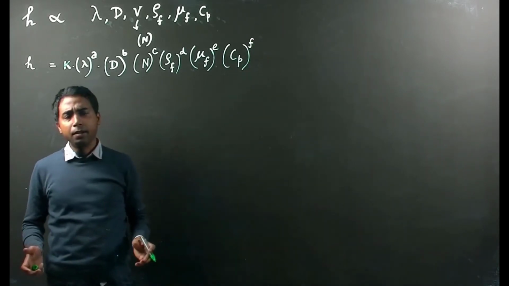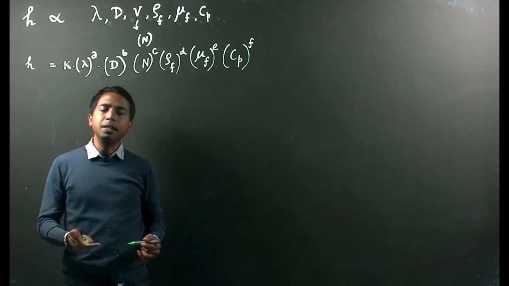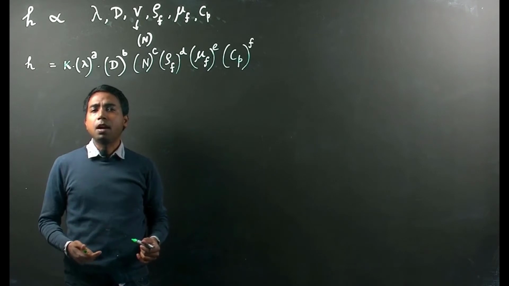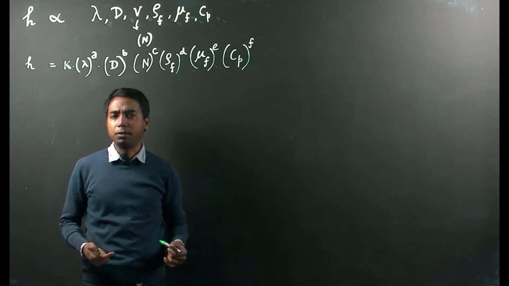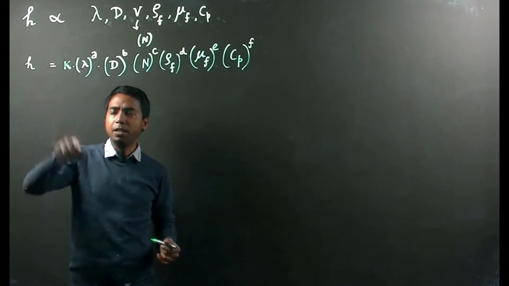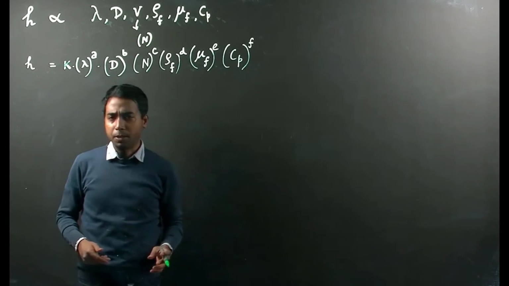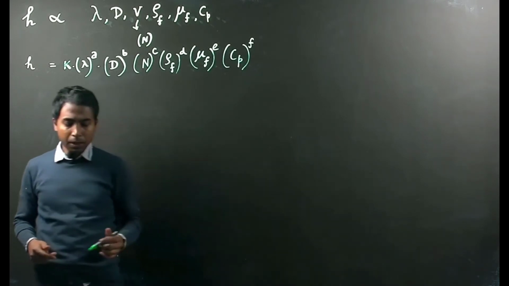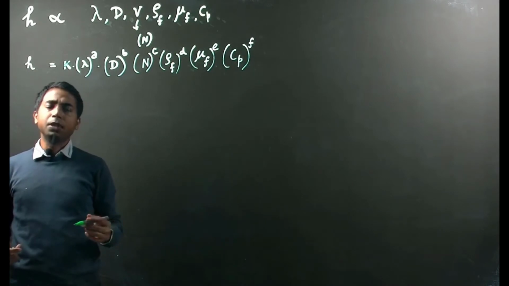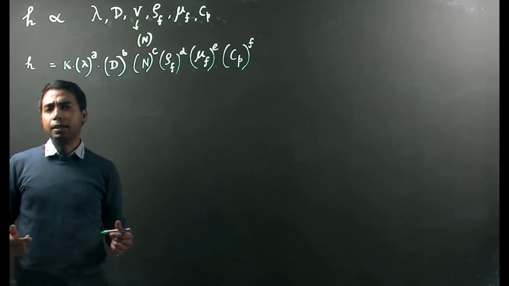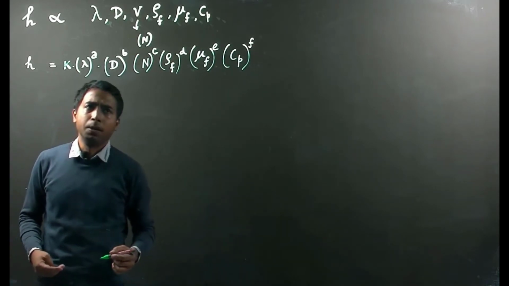That's the entire functional relationship where a, b, c, d, e, and f are unknowns, and that's what we would like to find out. How does small h, the overall heat transfer coefficient, depend on all these parameters exactly? So as you already know from dimensional analysis, we have to write down the dimensions, the units, especially in this case, the SI units of these parameters.